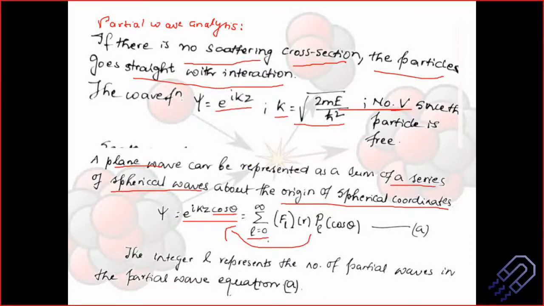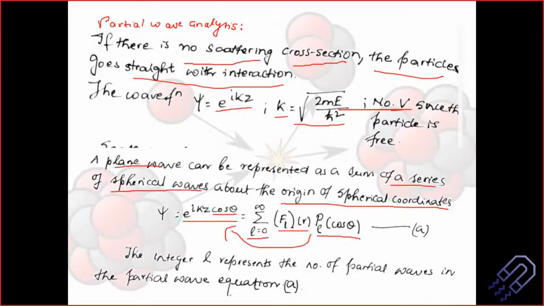Eventually you'll see that the case is slightly different, but this is the general expression. This is nothing but f_L(r), where f_L is related to the Bessel function, and P_L(cos theta) is a Legendre polynomial. Why polynomial? Because you have a number of waves traveling in space. It might be a quadratic function, or a function to the power of 4, 3, and so on. To generalize the case and make it a practical theory, we use the Legendre polynomial here. This is an important expression. Let's mark this as number A.